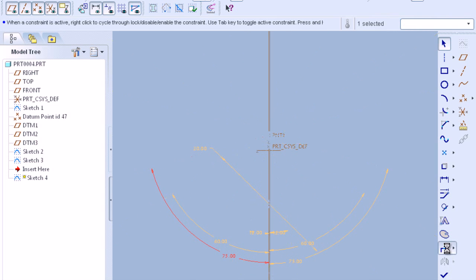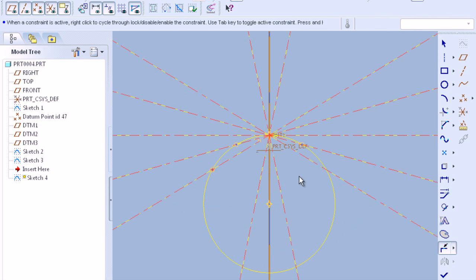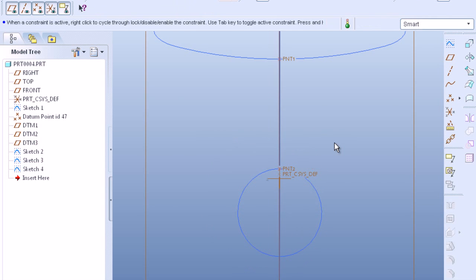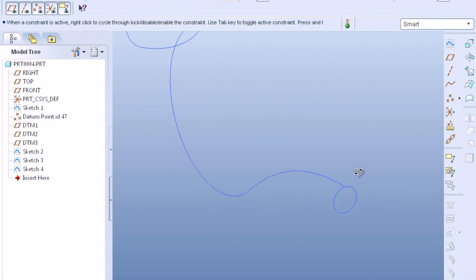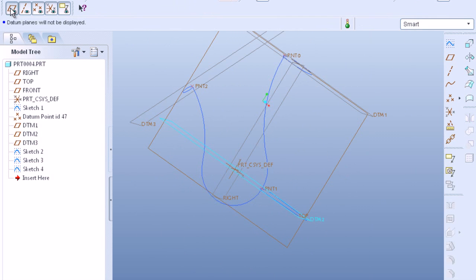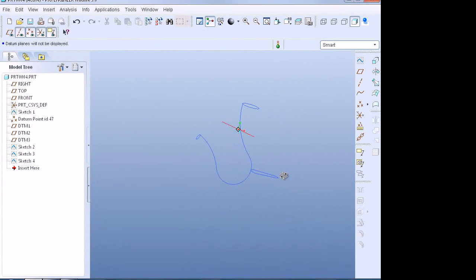Now divide the same way, 1, 2, 3, 5, and click OK. So here is your section 3. So the final section is also ready. So here you have the complete sketch of our crane hook.